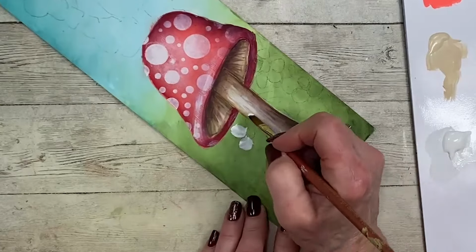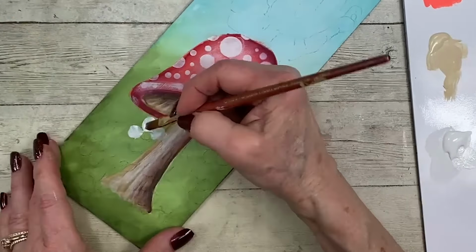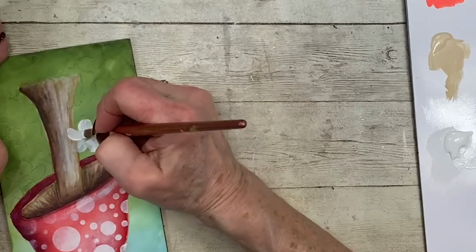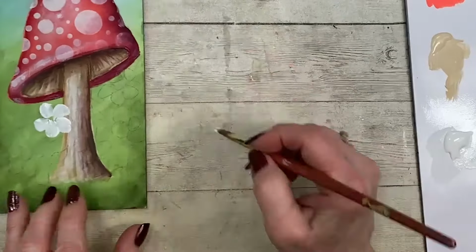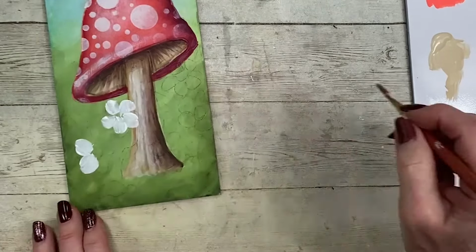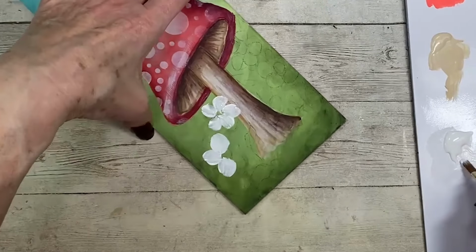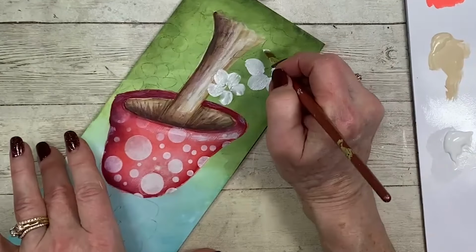I did kind of sketch on my daisies. I'm using my filbert to create the petals. Don't be fussy about this. I put 2 strokes on each petal, pull it toward the center. Don't worry about the center area being solid or filled in. There's going to be a center painted on, but you can see I'm just starting, and I don't particularly care if my petals are perfectly rounded on the end. Sometimes that little bit of a ruffle looks more natural,